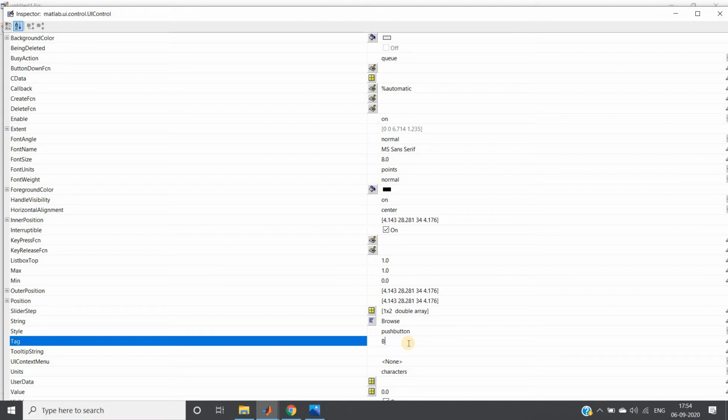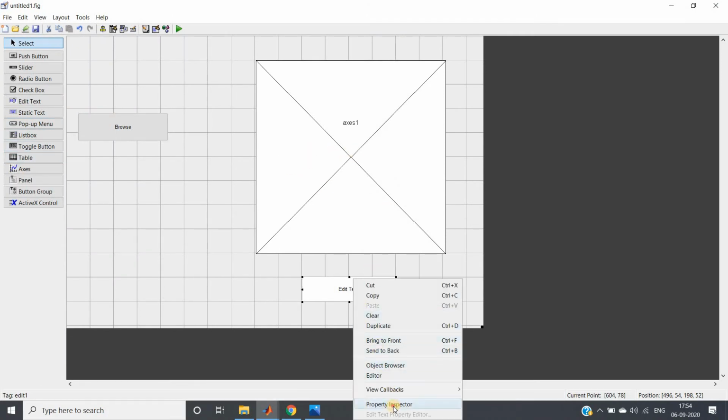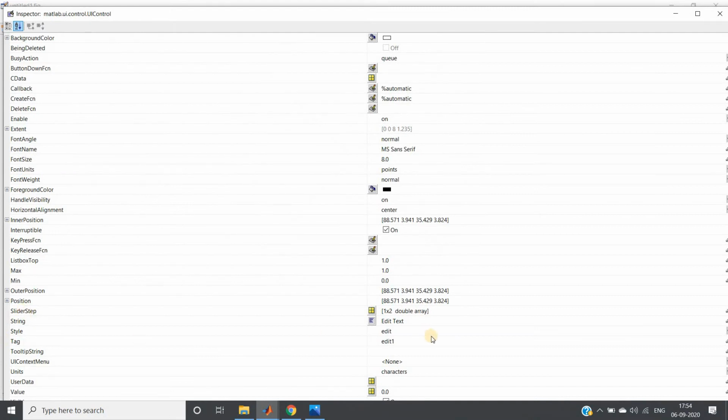This is a good practice. So I am taking both as browse. No need to save anything, just write it and then close. You will get browse here. Axes, keep it as it is. For edit text, in the string part you write card number, and in the tag part also write card number.